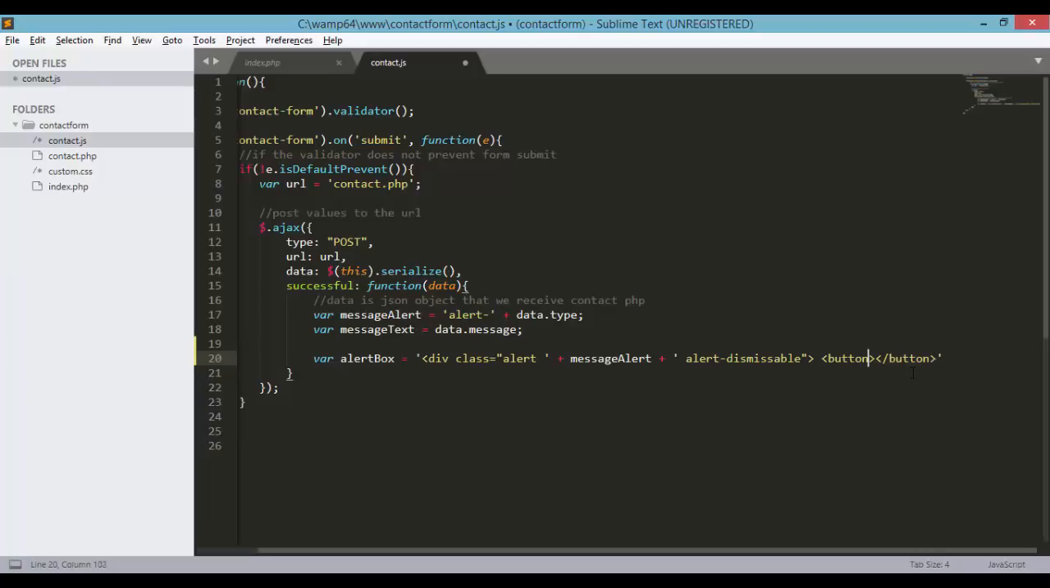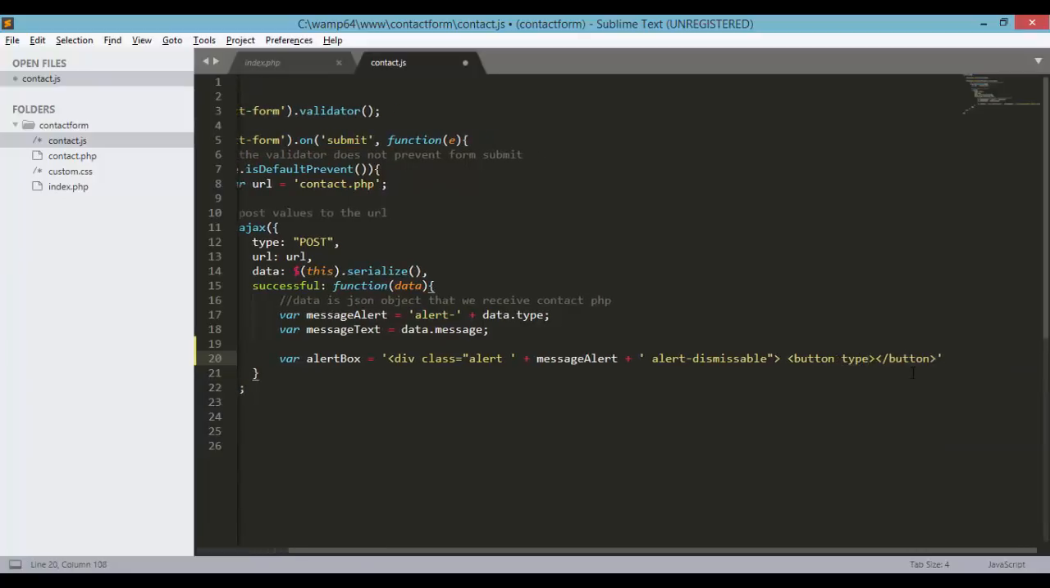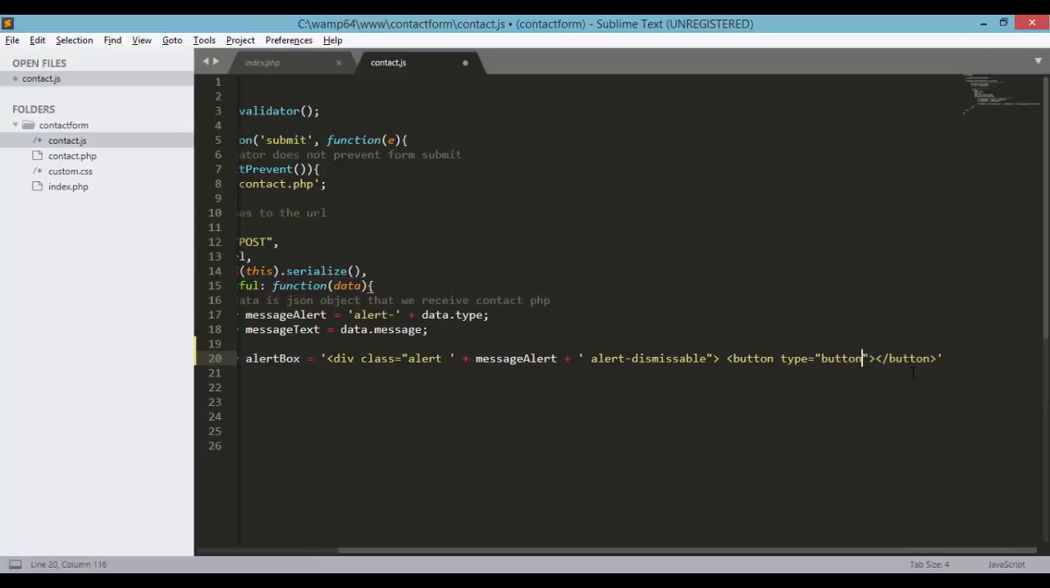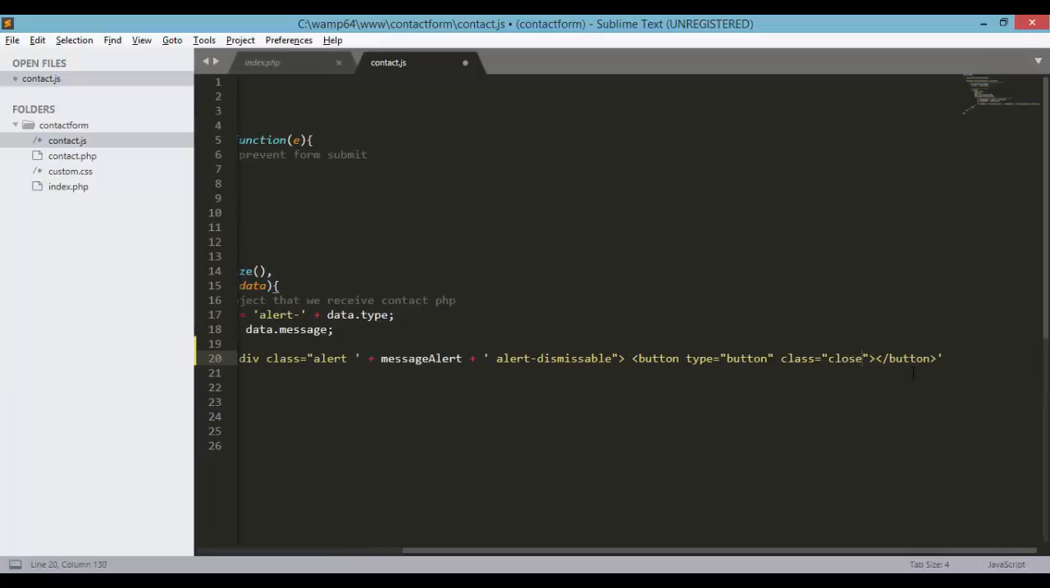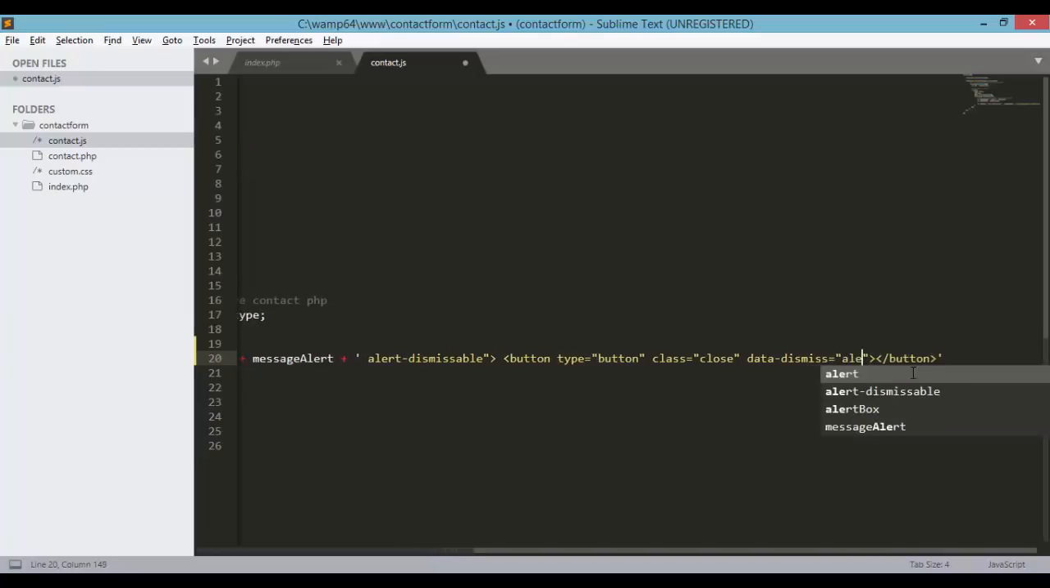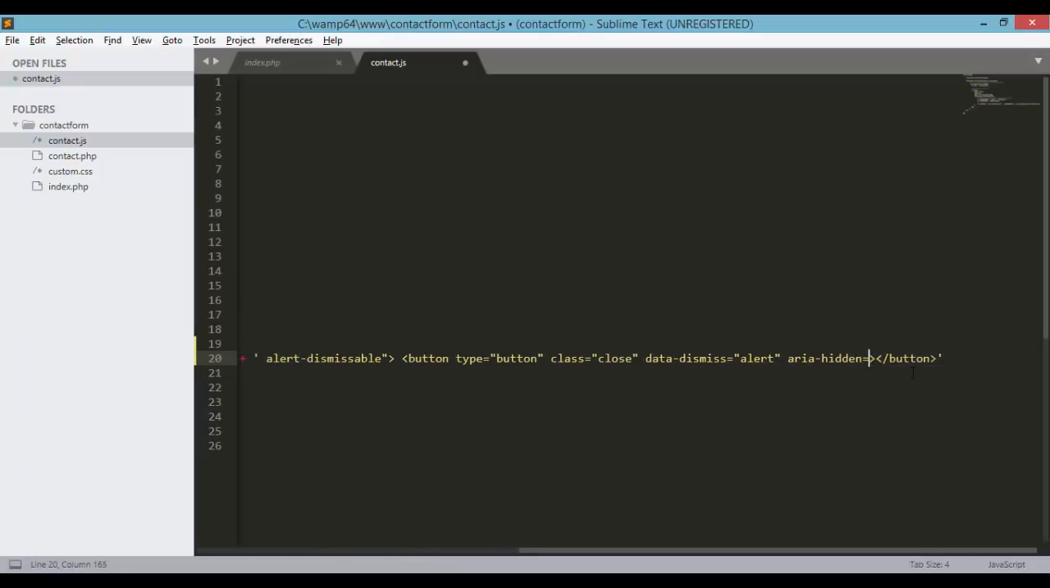and inside this opening tag we need to specify the type, which is of type button, and class will be close, and data-dismiss equals alert, and aria-hidden equals true, and we need to specify also the icon or the display for our close button, which is the times. Okay,